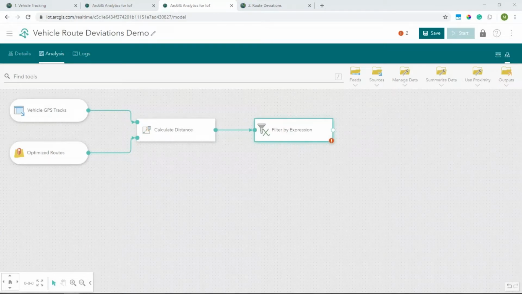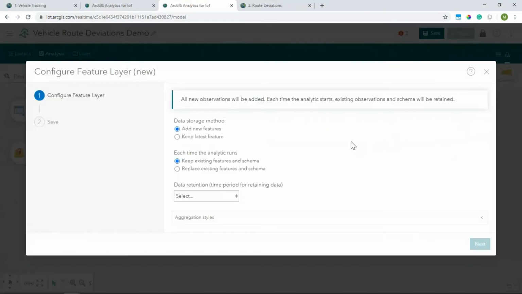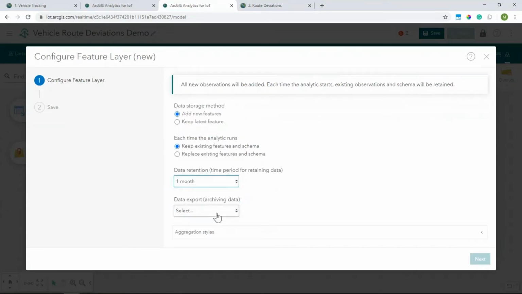So up until now, what I've done is I've brought in different data sources, and I've also tied up these two different analytical tools. The last step then is to configure an output. I want to use this data in a web map, so I'm going to output to an ArcGIS feature layer and tell Analytics for IoT how I want to update this data as well as retain the data for longer periods of time.